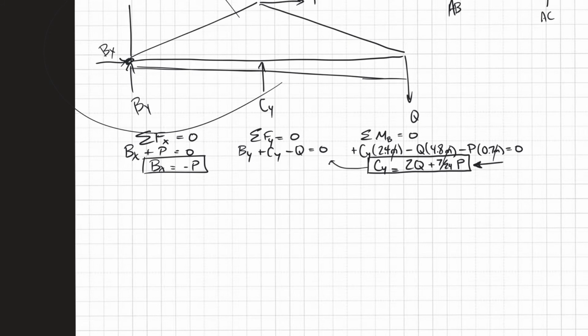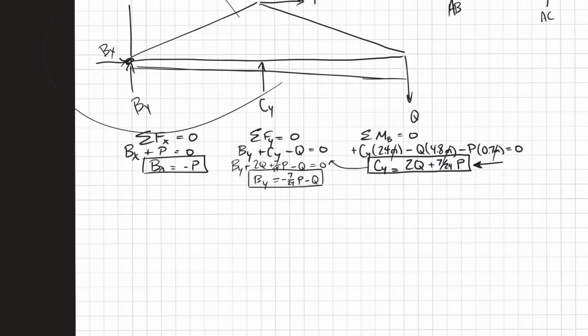And I'm going to get by plus 2q plus 7 over 24 p minus q equals 0. So I'm going to get by equals negative 7 over 24 p minus q. Okay, so that's algebraically what this works out to. All right. Now what we want to do is start working our way through